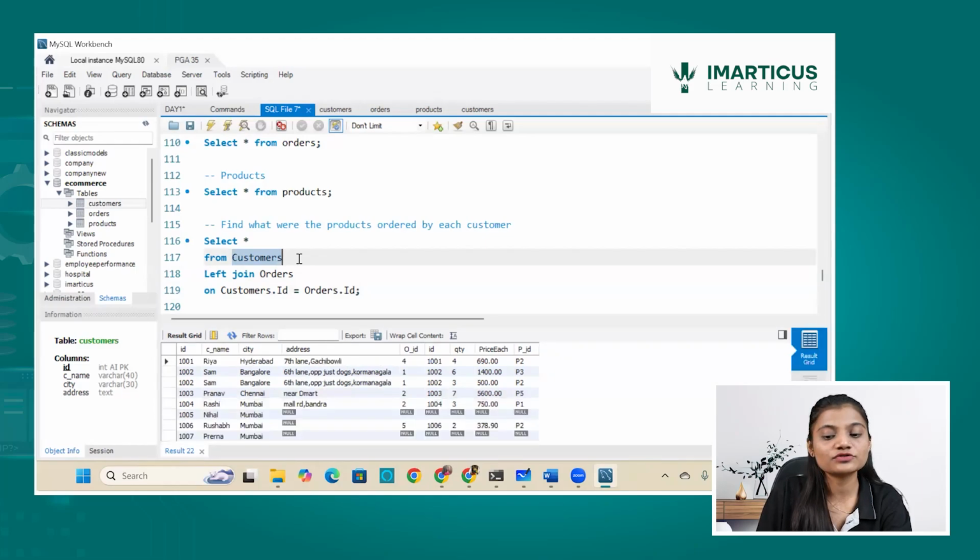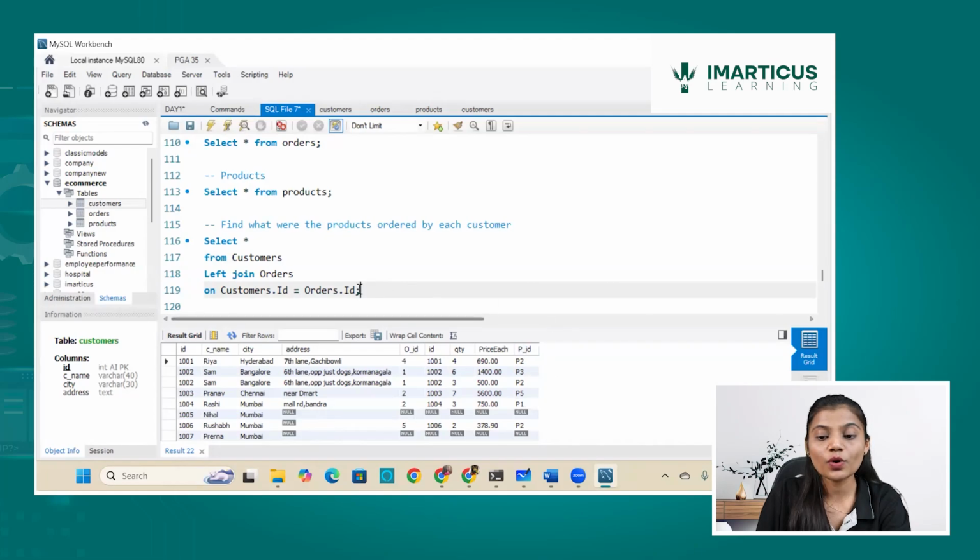So when I write a left join, you can see there are customers who have not even placed any order, but still their entries are available. Why? Because it is combining all the data from the left table and only the matching data from the right. Now what I require is the products related information. I have got product IDs, but I don't want the product IDs. I want the names of the products to be shown,